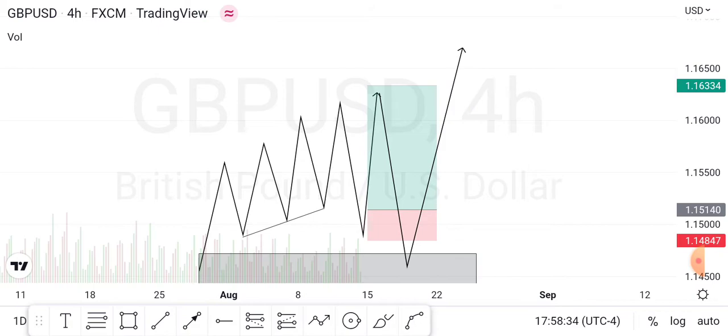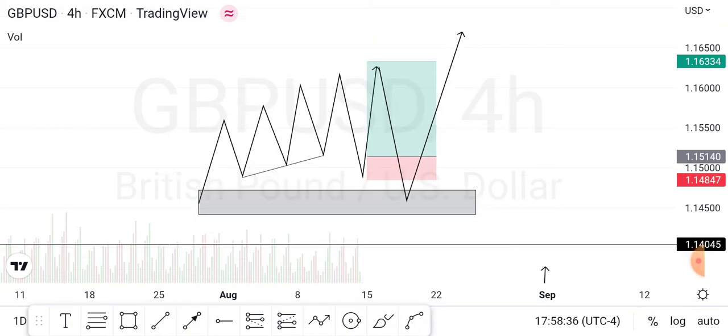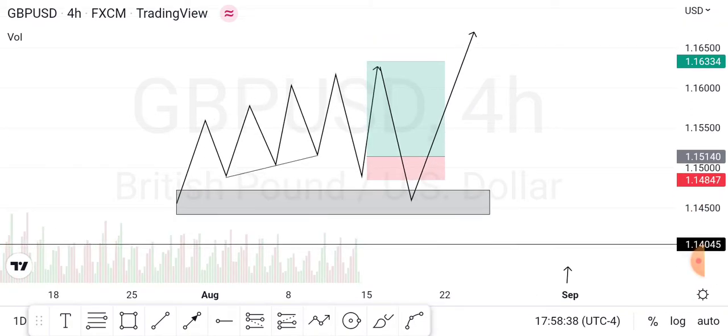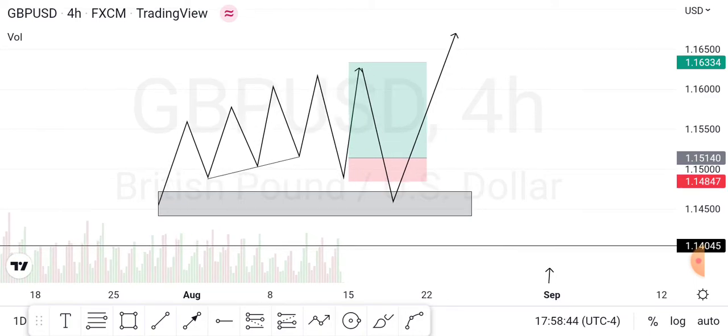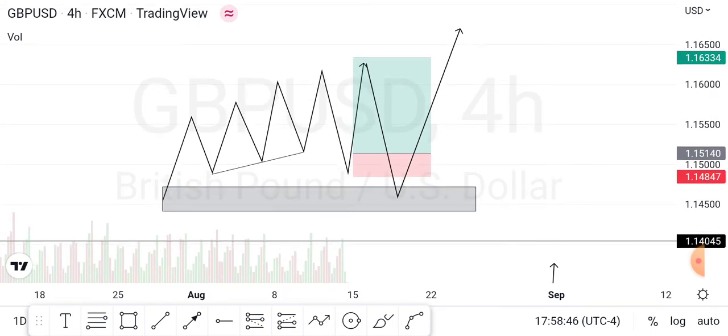Guys, this is what keeps repeating itself in the market. Trust me, this scenario keeps repeating itself. That's why I always say this: if you want to trade smart money concepts, you just have to be smart. There's no two ways about it. You just have to be smart to be able to trade this concept profitably and very well.